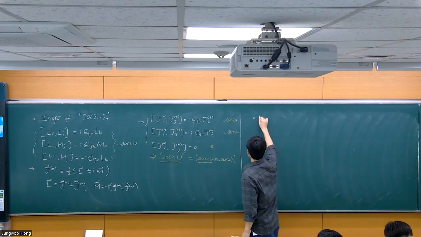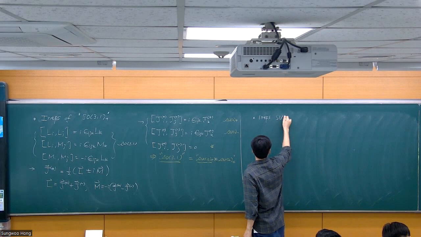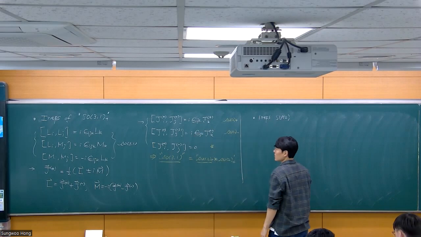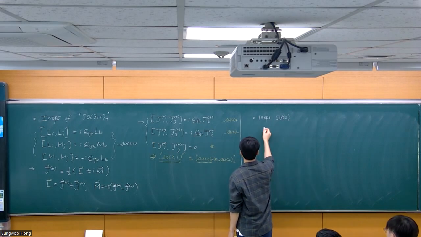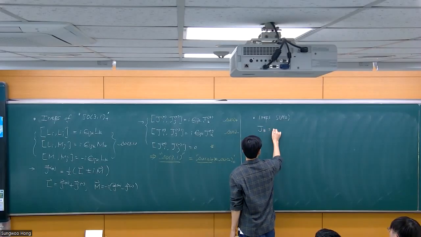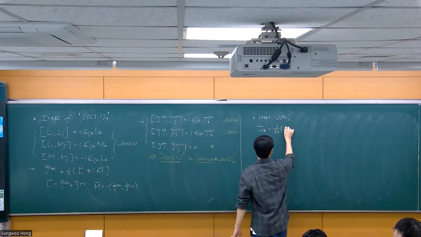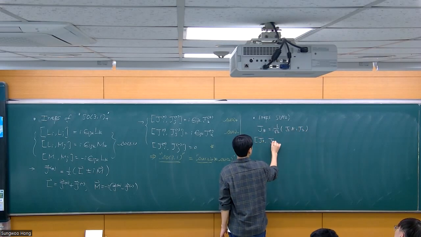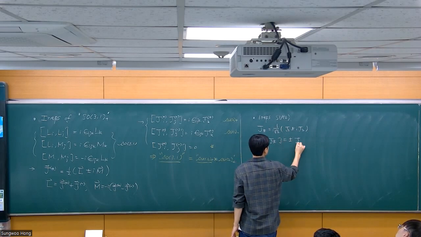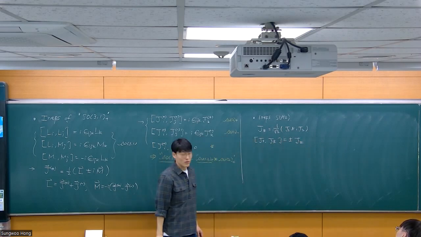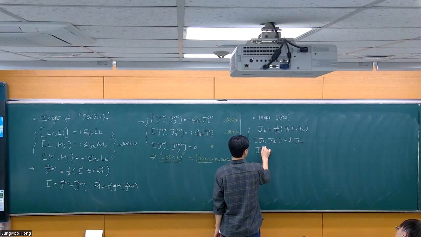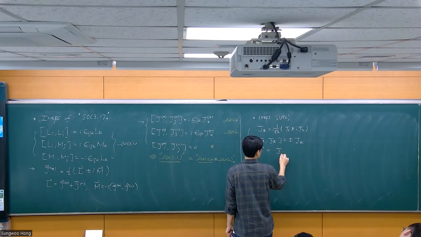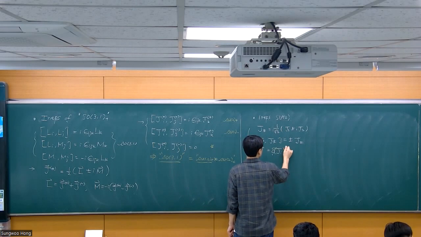So let's talk about the irreducible representations of SU2 briefly. Only super briefly. You all know, right? Given a single SU2 algebra, what do you learn? First of all, you construct the J plus minus, which is 1 over square root of 2, J1 plus minus i J2. Then you check that this satisfies a nice creation and annihilation algebra, as you have seen. And then there's one special operator called J squared, which is the sum of the squares.